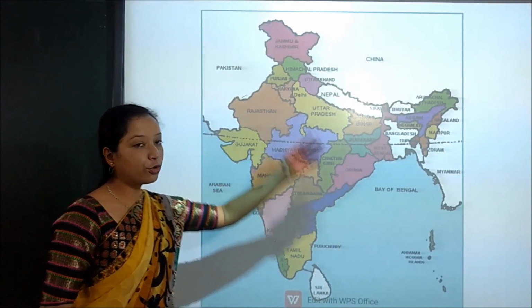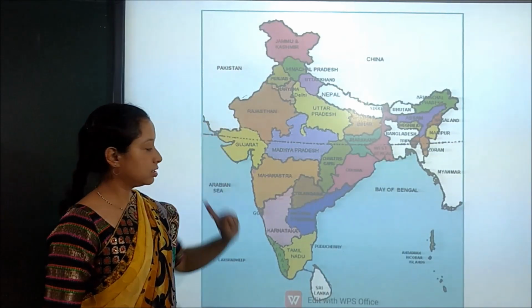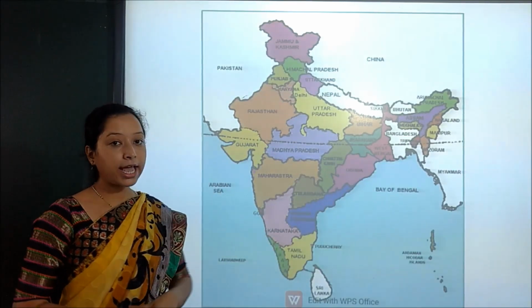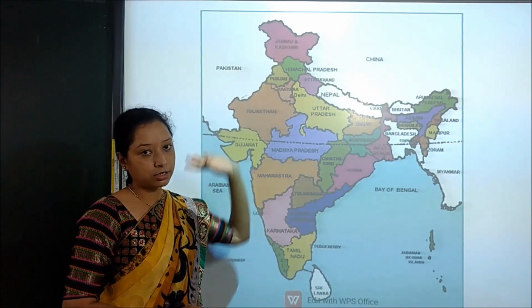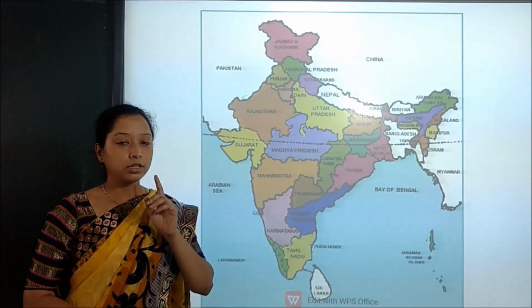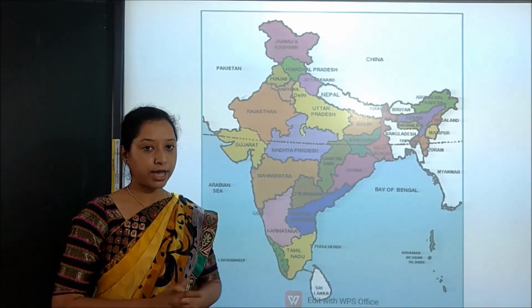So these are the 4 major directions. In most maps, north is always marked. Even if east, west or south are not shown, the direction north is always marked on all maps.